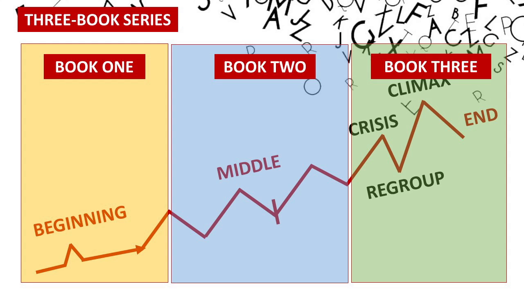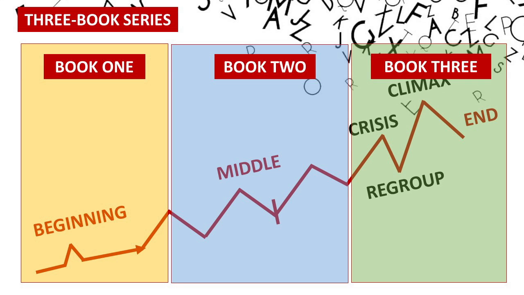And each book within the series also has this structure, right? So you're going to plot this for every book in the series, and then you're going to plot out the series as a whole. So the character and plot arcs in book 1 are not the series as a whole, okay? I hope that makes sense. And if you don't understand it, feel free to ask me questions because I'm not sure I'm explaining it right.